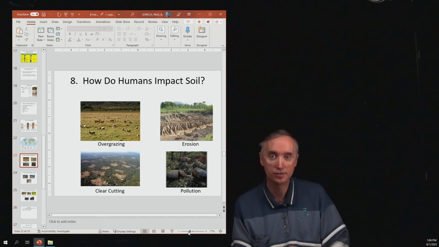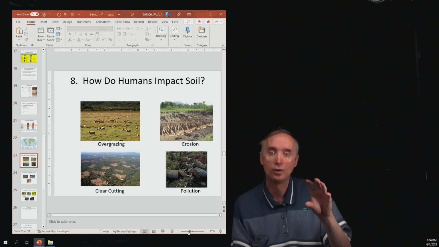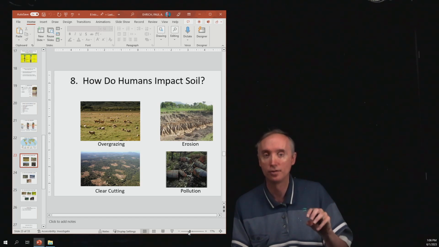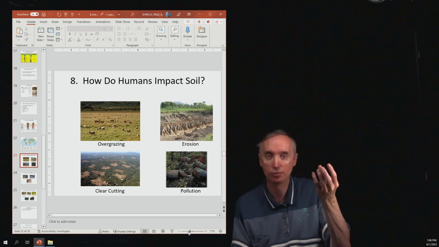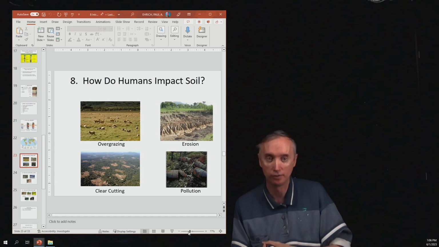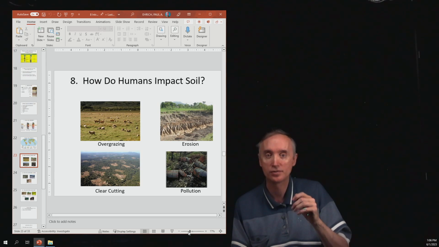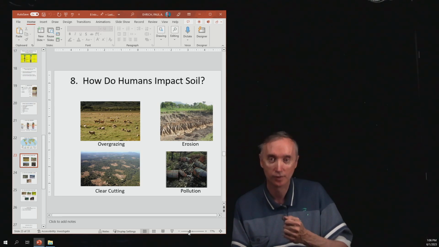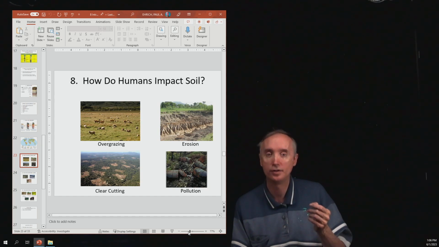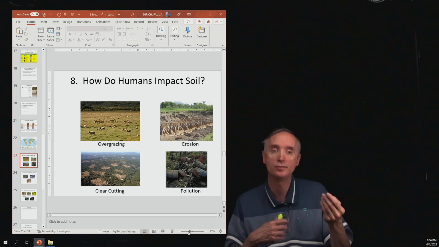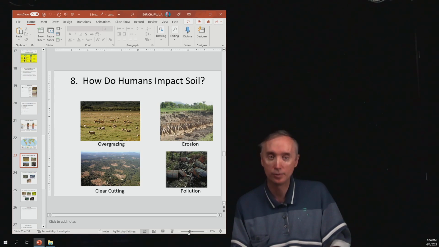And so you've got overgrazing, and so when animals eat up all that organic material, one of the things they can do is kill the plants, then their roots die, and those roots help to hold the soil in place. So if you have overgrazing, you kill the plants, you kill the roots, it makes it more likely that you have erosion. Another problem that we have is clear cutting, when humans go in and cut down the forests. So again, that leaves it more open to erosion when that happens.